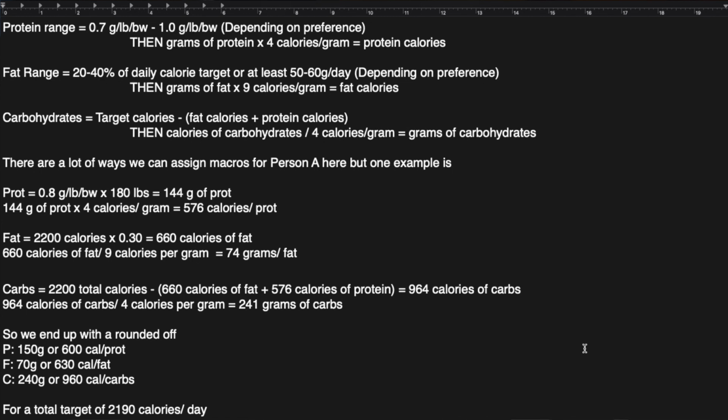In this example, we're going to show you how to do this with this individual just selecting to have 30% of their daily calories coming from fat. In the next example, we'll show you how to assign a grams of fat target and get calories from that. Carbohydrates will be target calories, subtracting fat calories and protein calories. Then we wind up with calories of carbohydrates divided by 4 calories per gram,